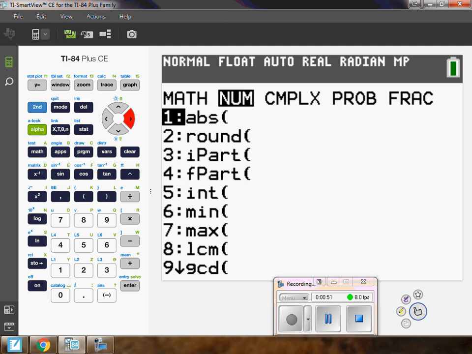It's not like a six-pack of abs. It's not anti-lock braking system. That's on cars. It's absolute